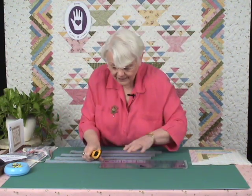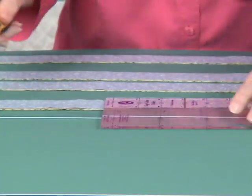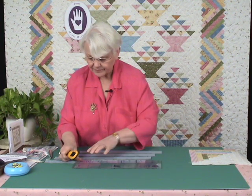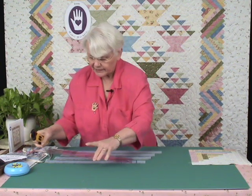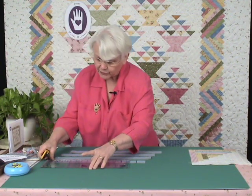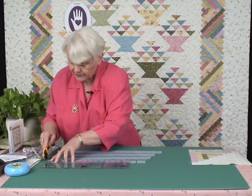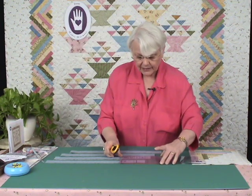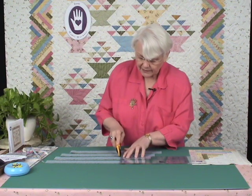C. Okay. C. D. And I think I don't have quite enough room for E. Well, I actually do, but in your pattern, we assume you're not going to have quite that much. So E gets cut over here. I'm going to cut E here again. E,